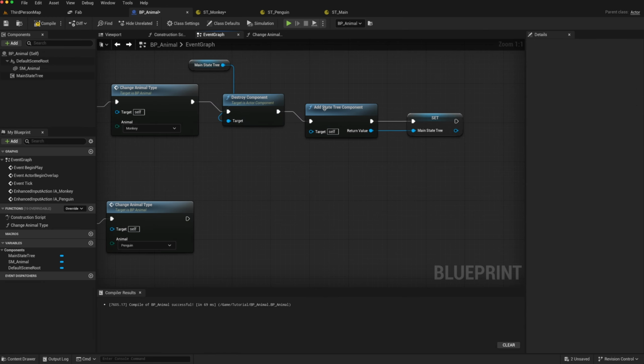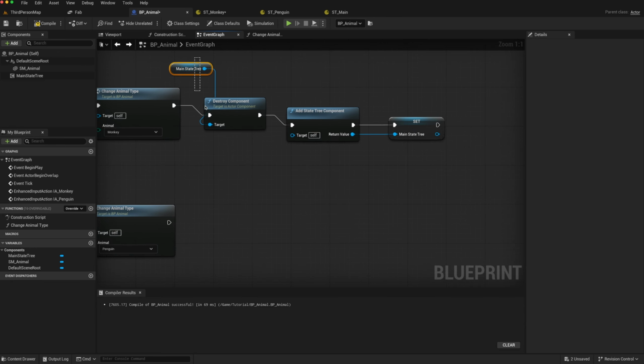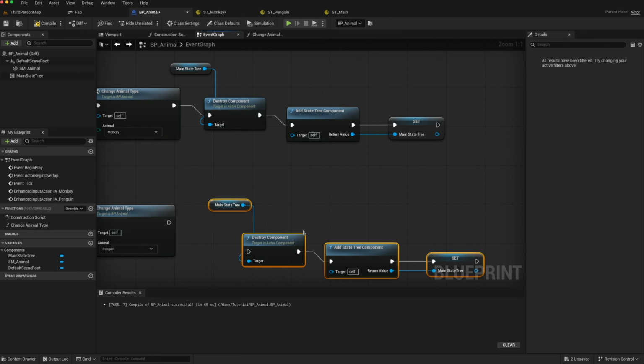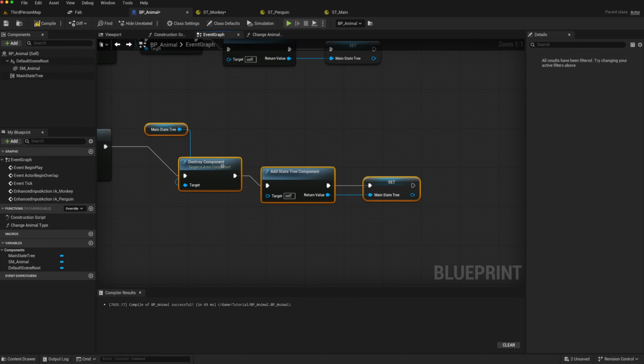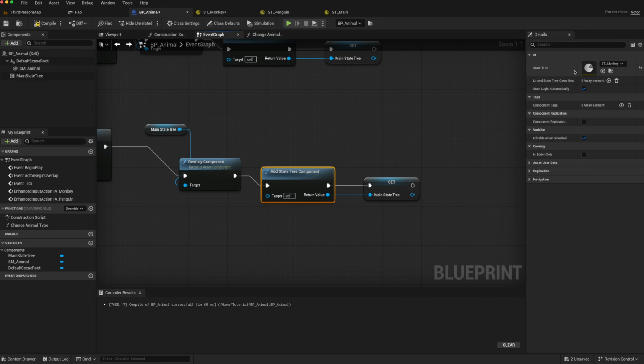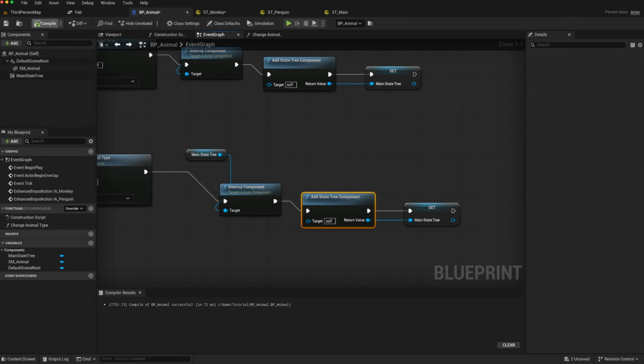We can then create a new state tree component and just set that as the reference. We can then do the same thing again. Just grab that, duplicate it, attach it here. And on this one, we can set the asset as being the penguin. And we can compile